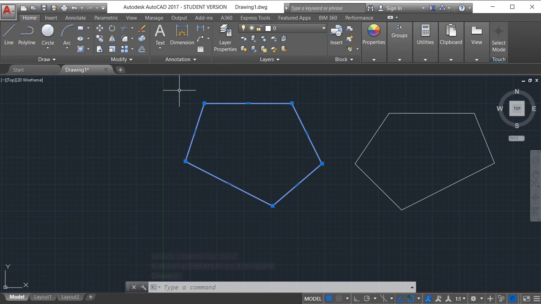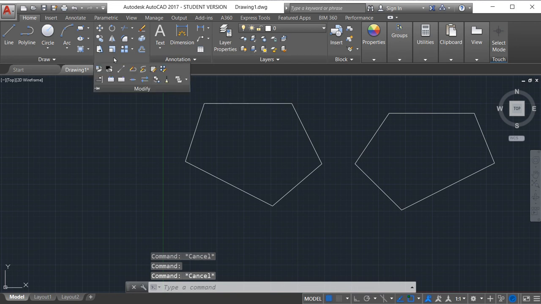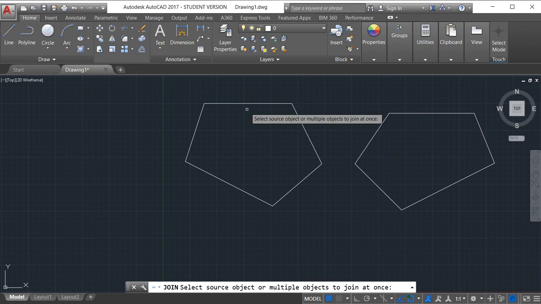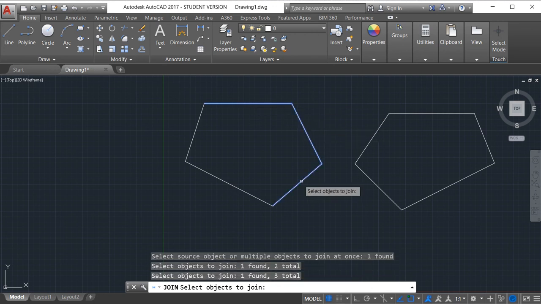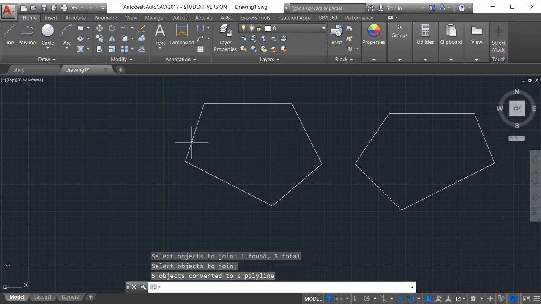And now for converting polyline object into line object, select explode and click on all the lines. And for converting back, we have to press enter or use join option. Select all the lines here and press enter. So 5 objects are converted into one polyline.